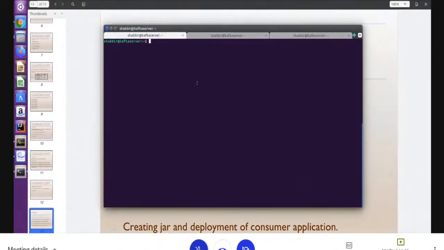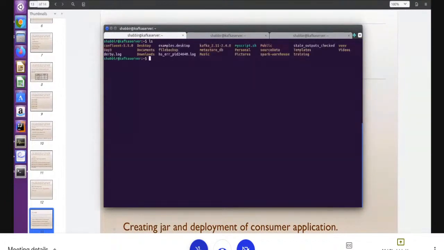Now we'll see how to write. To run your producer or consumer applications, first we have to check your Kafka. Right now I was using the Confluent platform, but I don't want to use it because of the limited memory I have. If I run IntelliJ IDEA and Confluent together, it will conflict and my system will hang. So for development, I will use the normal Kafka, the core installation.